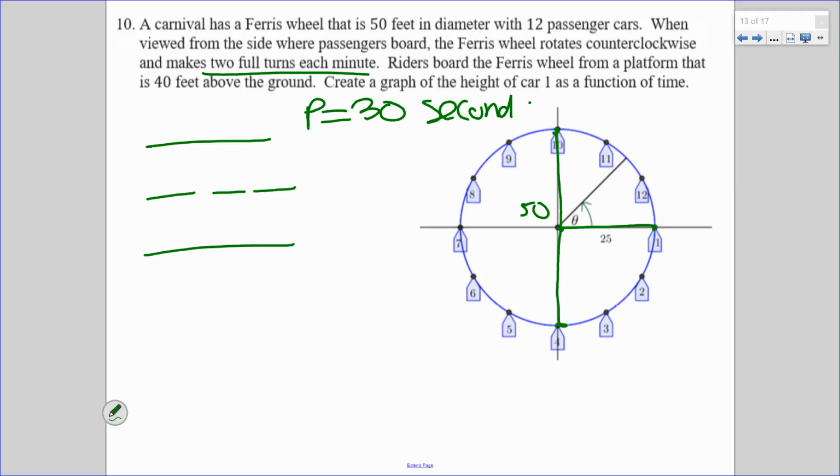Riders board the Ferris wheel from a platform that is 40 feet above the ground. So this is my platform right here. This is 40 feet above the ground. So from here to the ground is 40 feet. Now, because from here to here is 25,